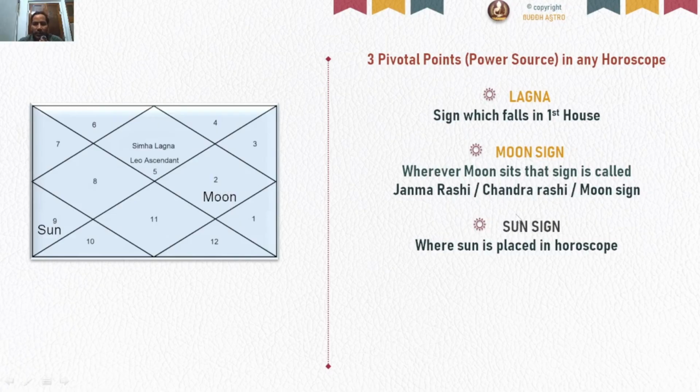Third is sun sign, where the sun is sitting. Sun is sitting in the fifth house in this horoscope. The sign is Sagittarius, which is the Jupiter sign. So I will say that